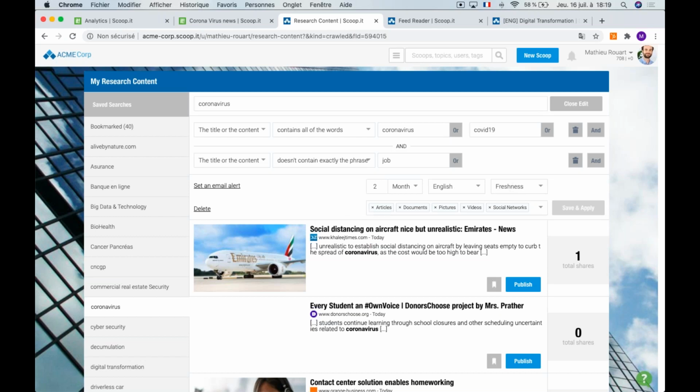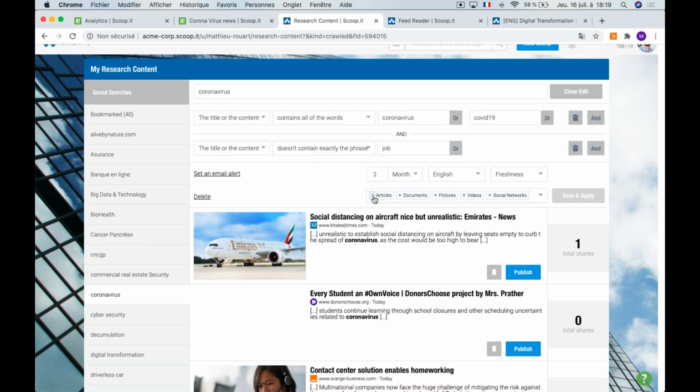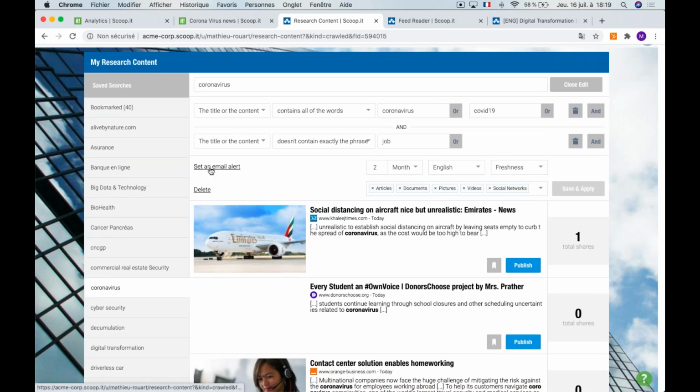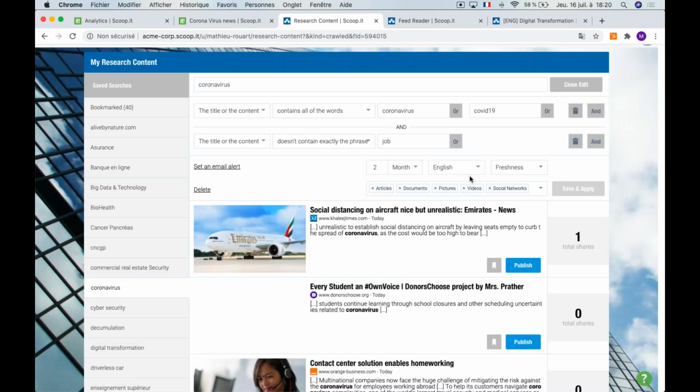And we've chosen all types of content, but same as earlier, you can pick and choose which types you like. You can also set up email alerts and decide how often you would like to receive them. This means that, for instance, if you choose a daily email alert, you're going to receive every day the new articles that relate to this search.